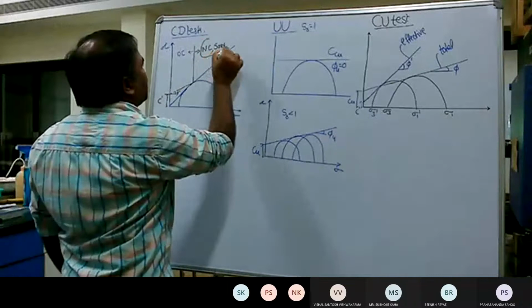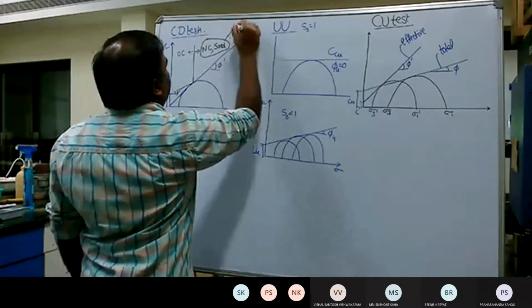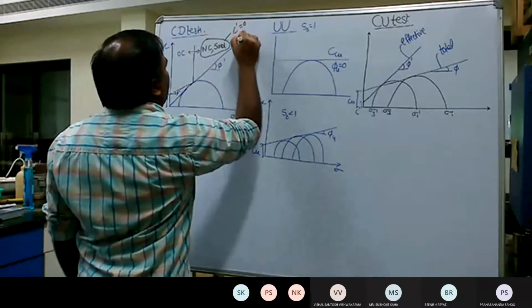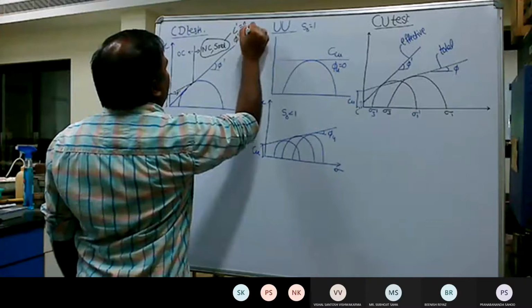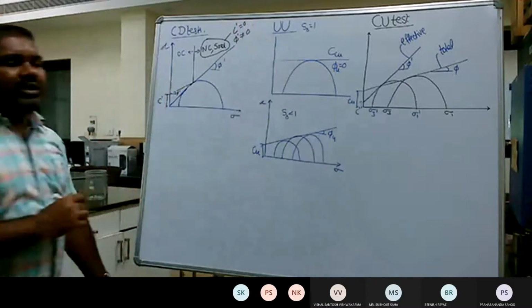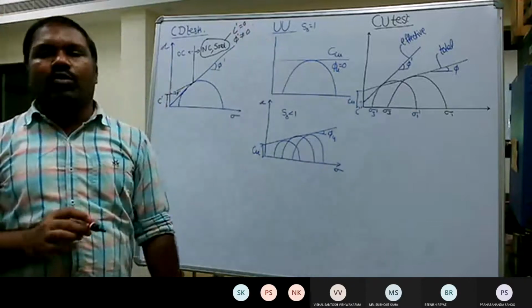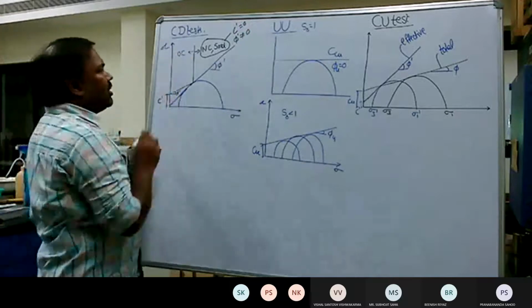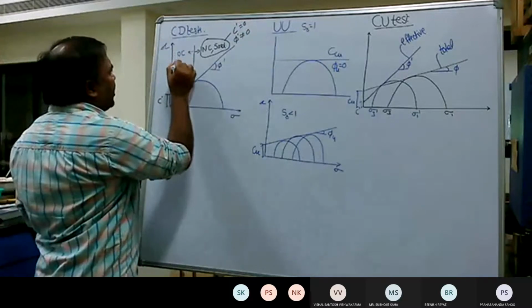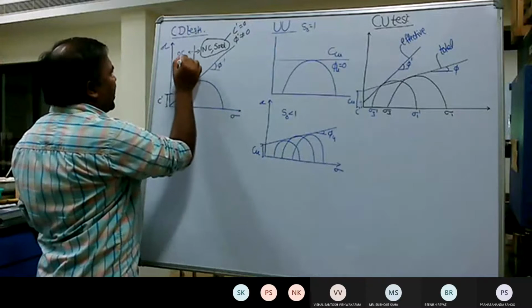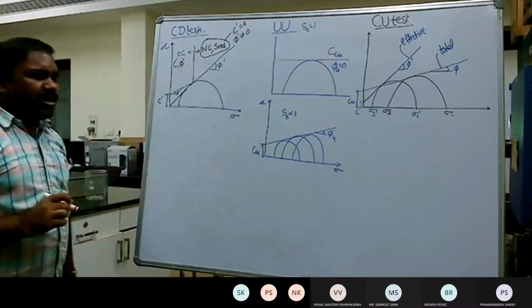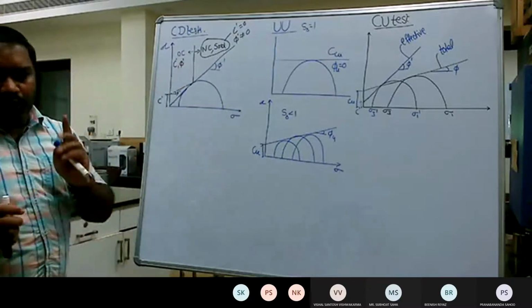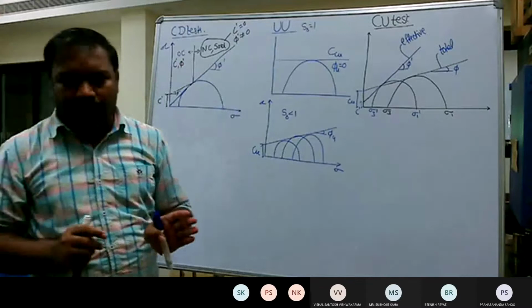C dash is 0. So in this condition, C dash is 0 and phi dash is not equal to 0. On the other hand, if you take the over consolidated clay and conduct the consolidated drained test, you will get both C dash and phi dash. Both are in the effective stress form, not in the total stress form.